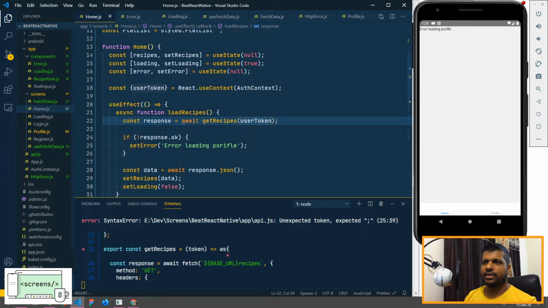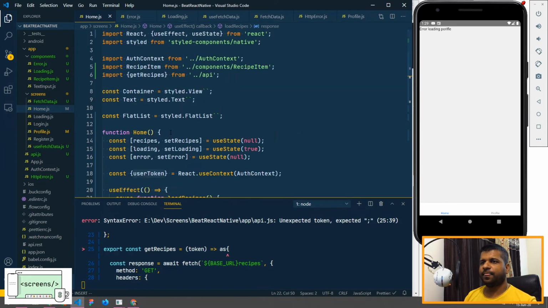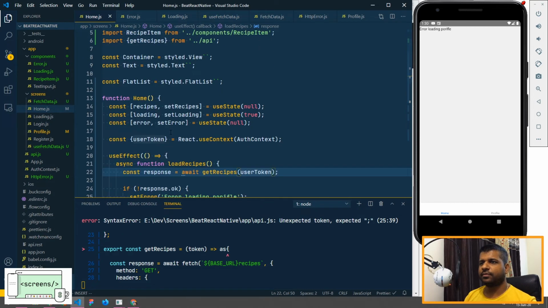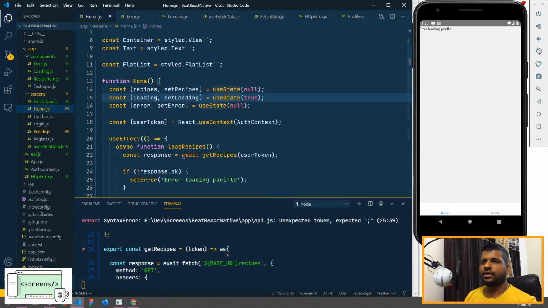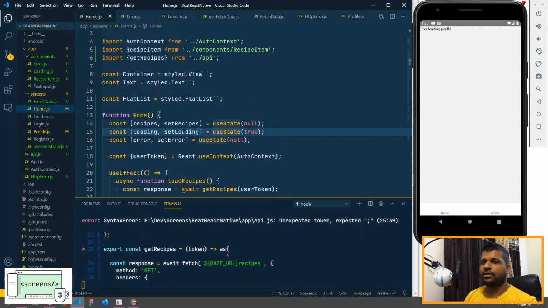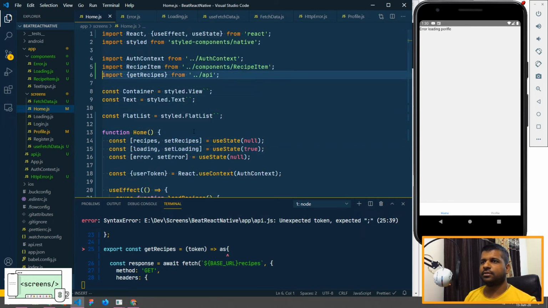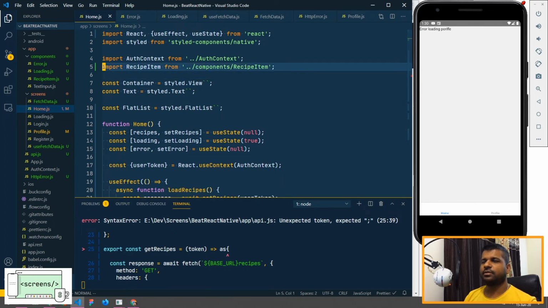Let's go ahead and make changes to home first. We won't be needing a lot of stuff here, so I'll remove a bunch of it, and then import the useFetchData hook and our FetchData component. So let's get rid of this.